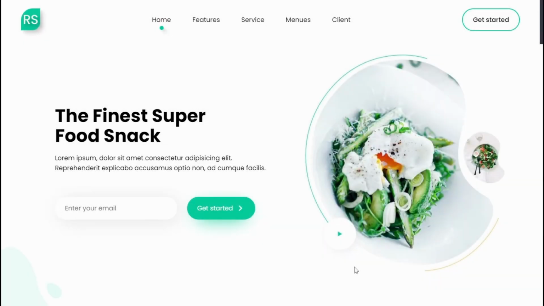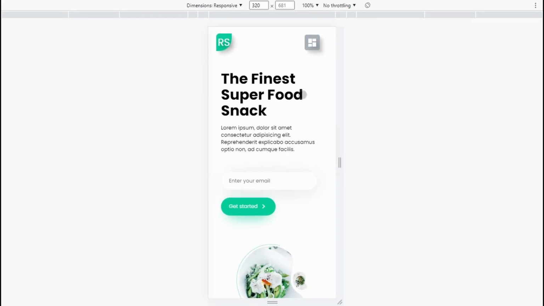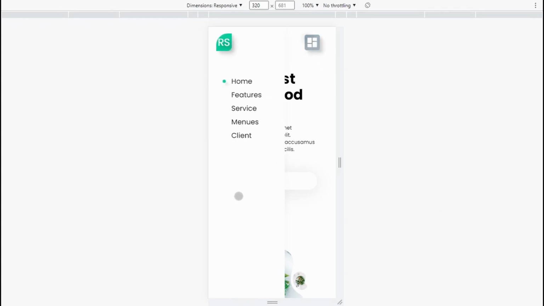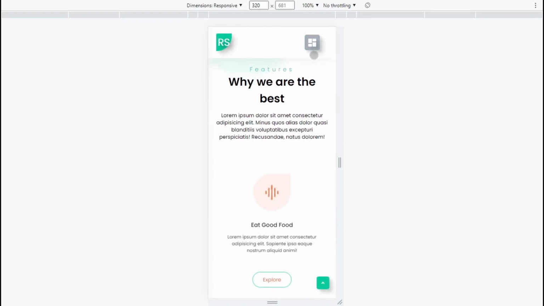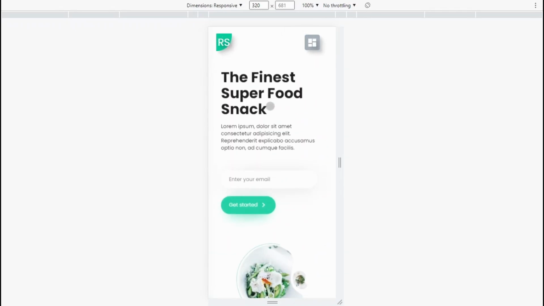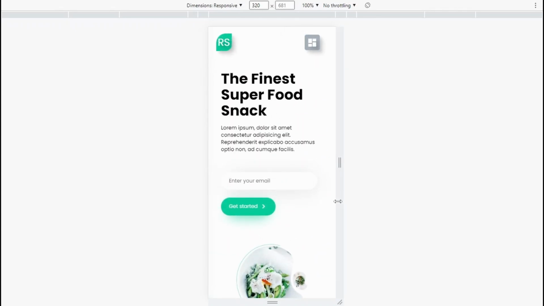So now if we inspect this website for a small device or mobile view, you can see how it looks now. And here there is one toggle button. If we click on this, it shows one sidebar and shows menu links here. If we click on this, you can see that it is working properly. This is our home page, which is looking good in mobile view,